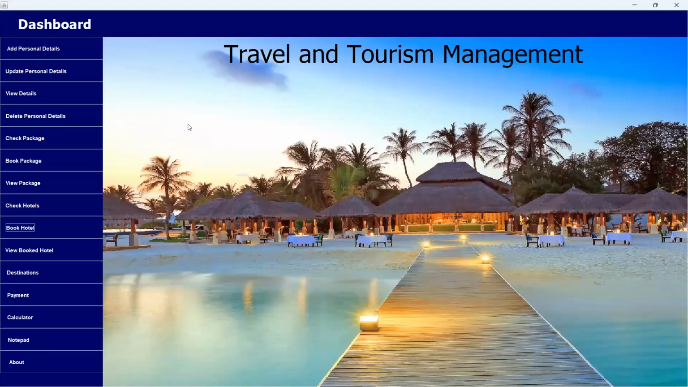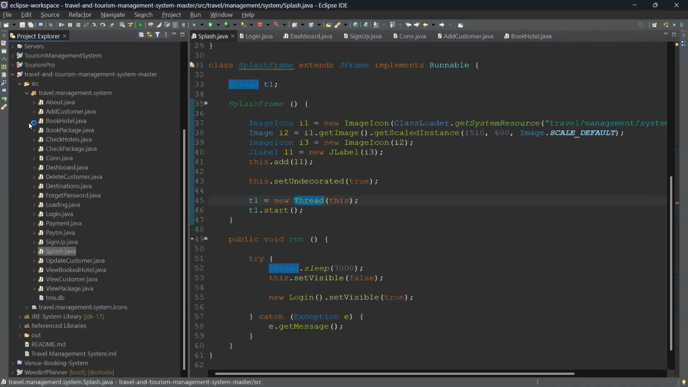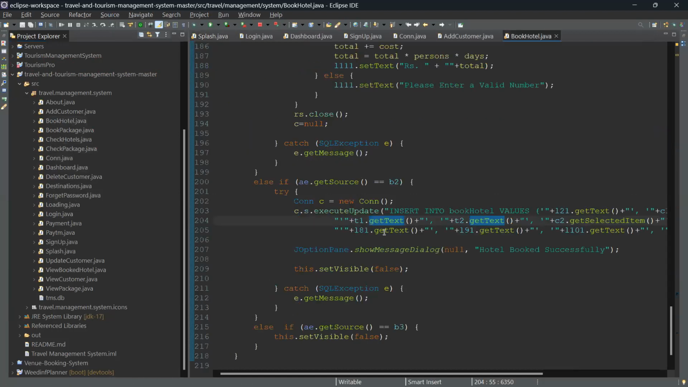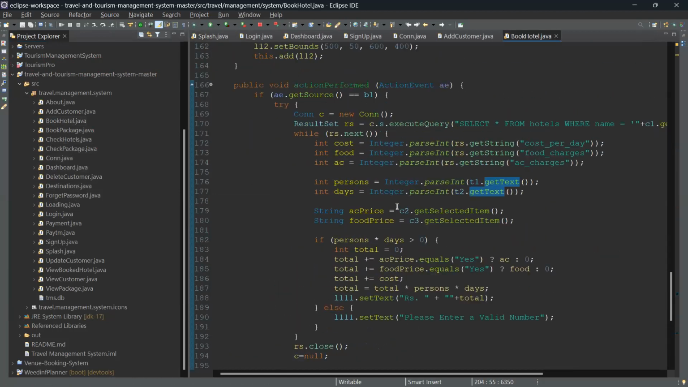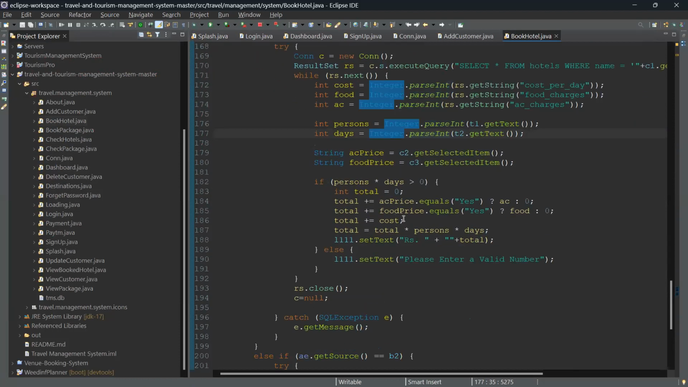And when you go to the coding behind the scenes, when you book this hotel, let us see the calculation that is going on. There you go. Cost per day, food charges, AC charges, how many persons and days. Based on that, we just multiply the total cost by the persons and days accordingly. And if the AC option is selected, yes, then we add that one. And if food is selected, we add that one too. That is how the